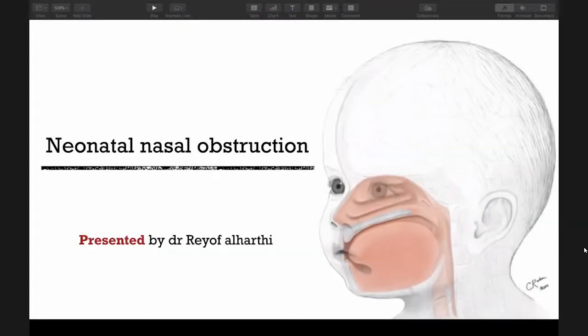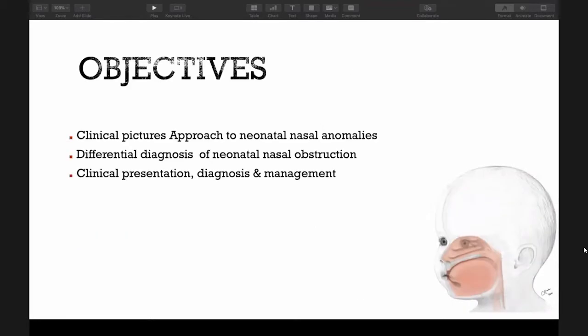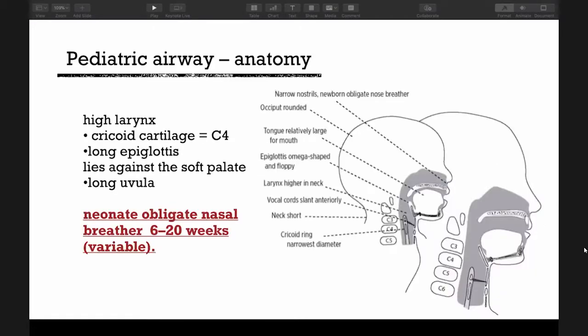Talk about neonatal nasal obstruction, we will cover mainly the congenital causes. So our objective today, we will talk about the clinical pictures of neonatal nasal anomalies, differential diagnosis, clinical presentation, how to diagnose and how to manage. So we will start with